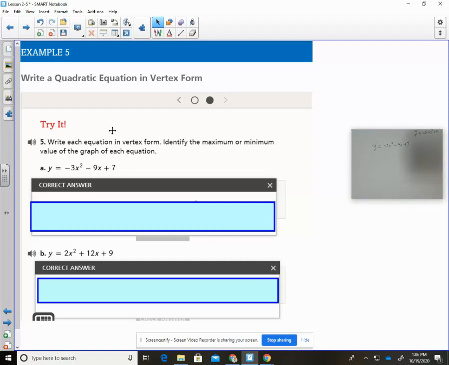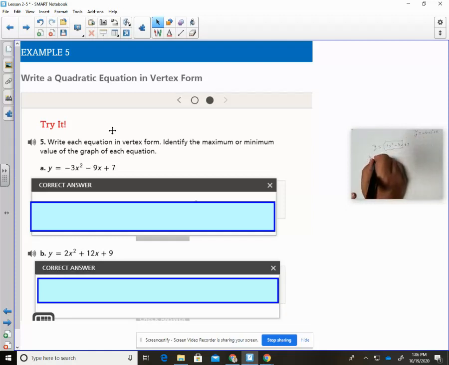Now, some folks will tell you that you have to do it another way, but I like it. I like to do it my way. You know me, right? So the thing is, I'm going to go ahead and take this part,